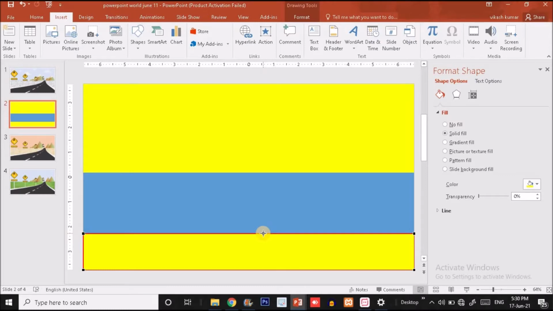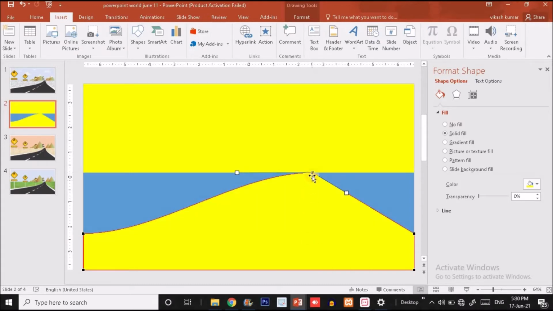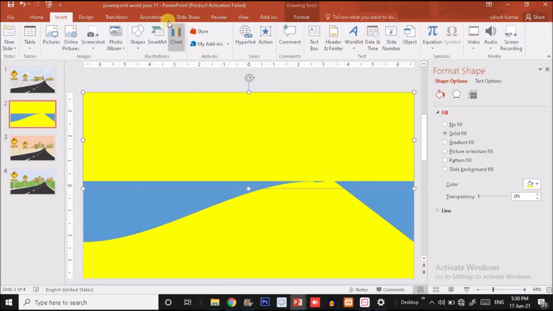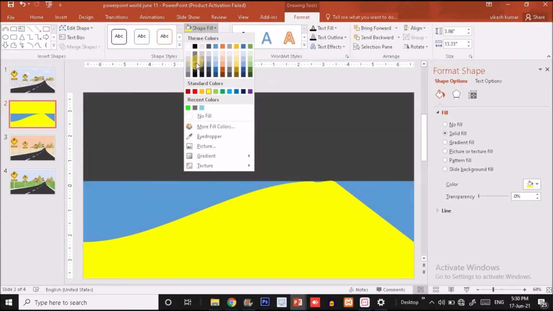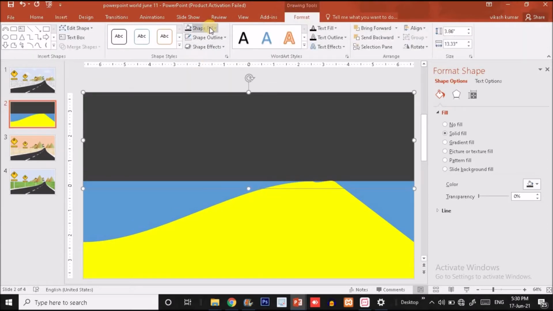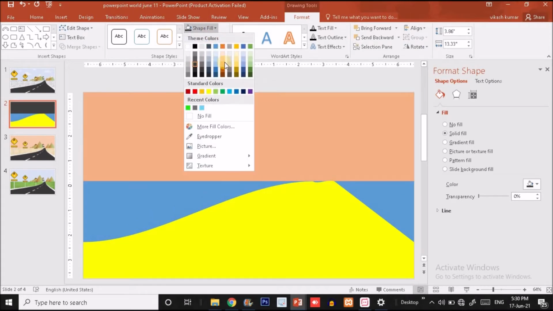Okay, so we want 2 new black dots. So I'm going to put it over here and I will slide it over here. Now you can see the dot is created here. Now again I'm going to click here and put it over here to create another new black dot. Let me change the color of this shape because it's confusing guys. So let me choose another color.